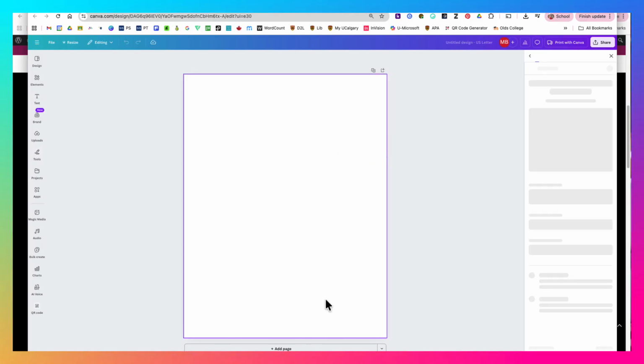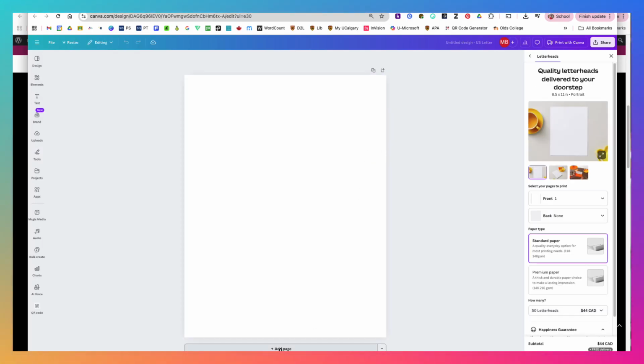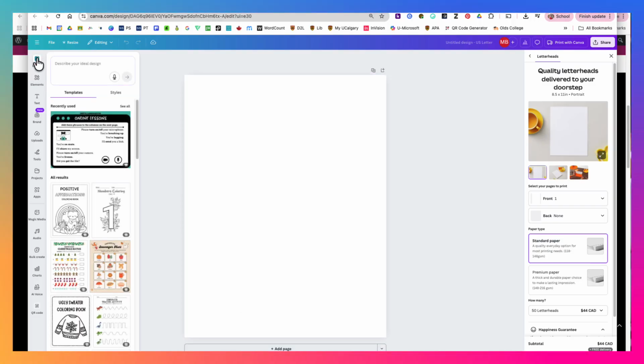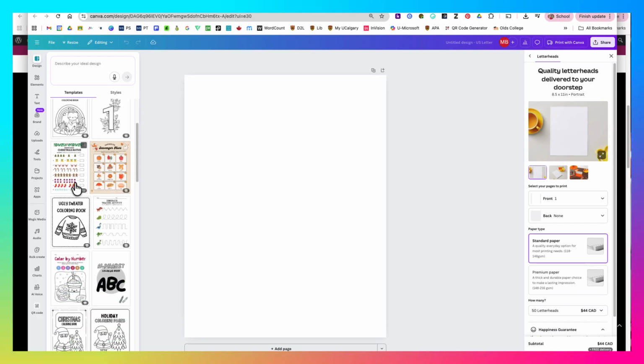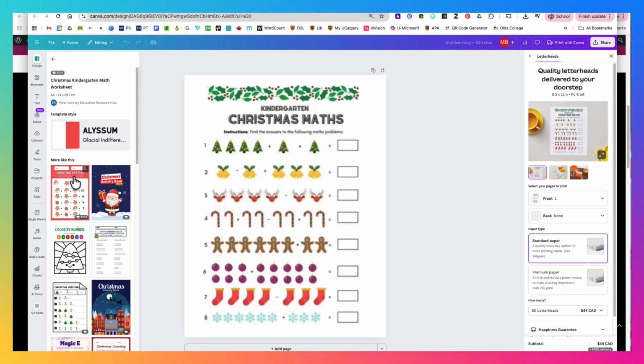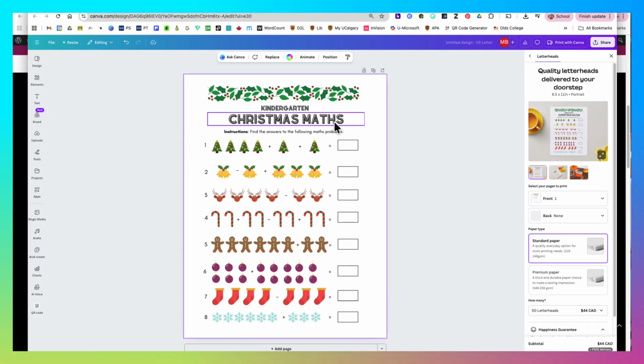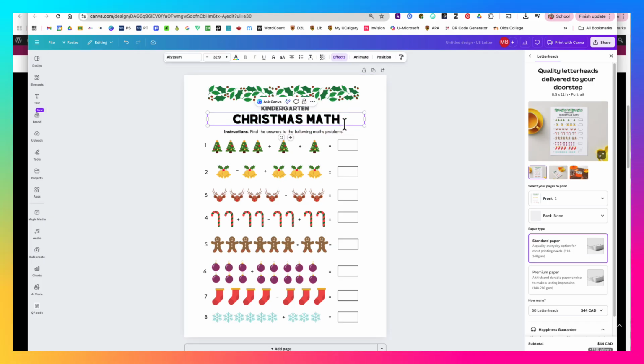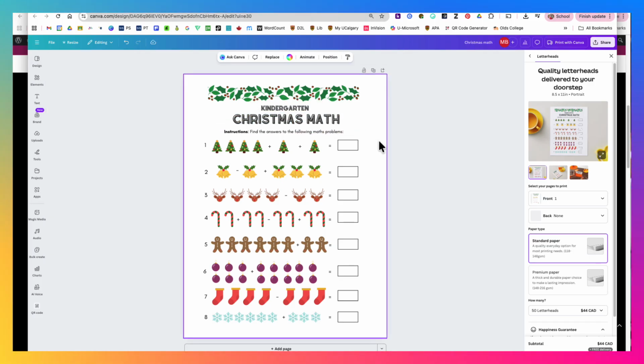And so if we start with a blank worksheet, we can see at the bottom, we can add as many pages as we want, so we don't have to confine ourselves to just one page. And we can start in the design. And so we've got some, hey, here's a Christmas math thing. If I click on it, it pulls it right over onto my page and I can start to make some changes. So I'm going to take the S off math,